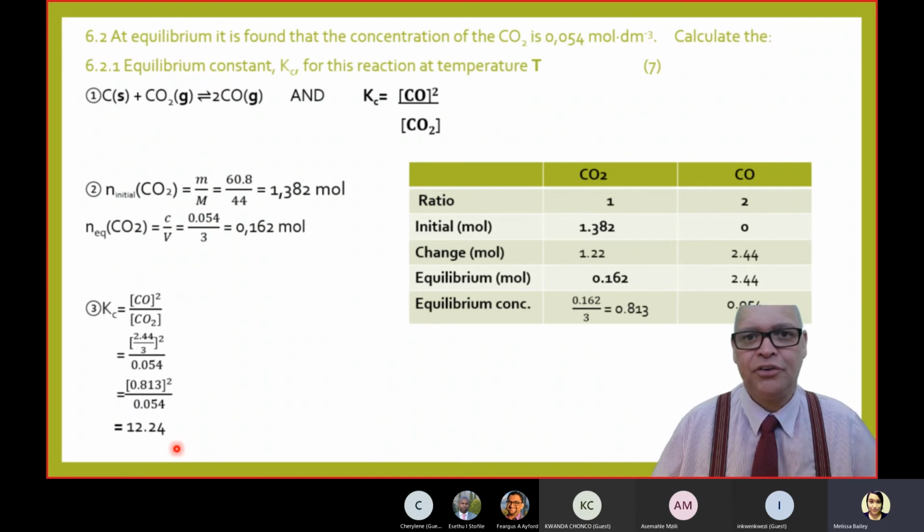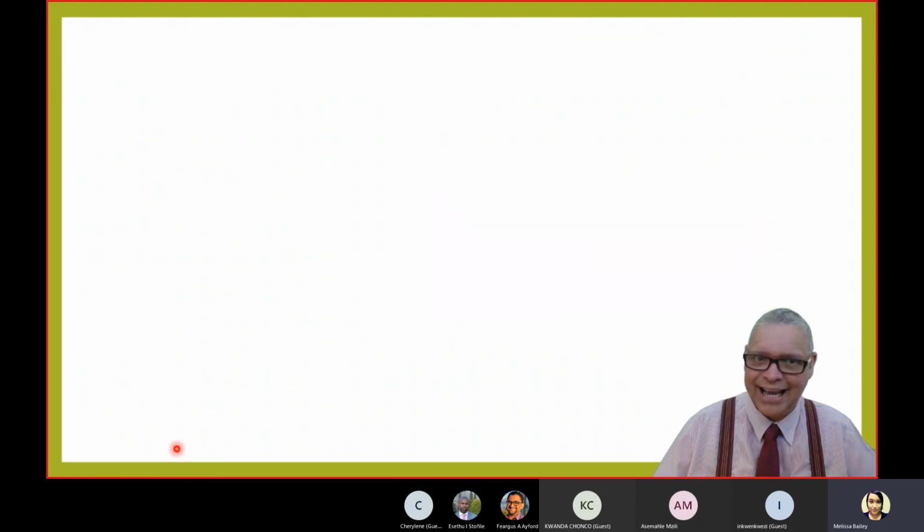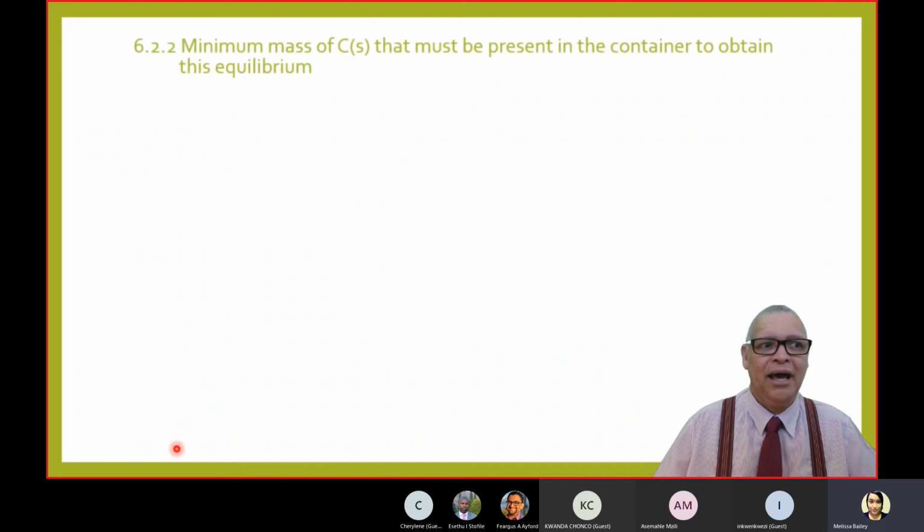12,24. Please note, grade 12s, that this particular constant does not have a unit. You know why? It's the ratio of 2 concentrations. That's why it does not have a unit. Right? The Kc constant is the ratio of 2 concentrations: concentration of the products divided by the concentration of the reactants. Now, question